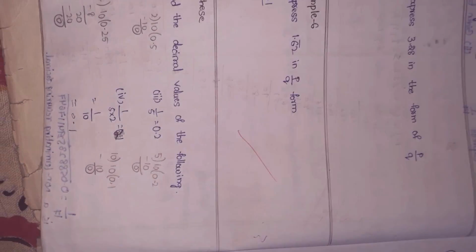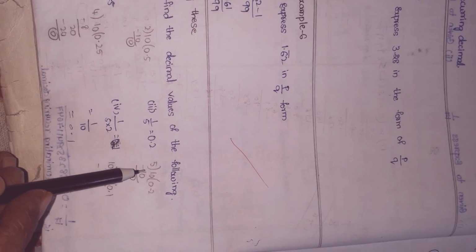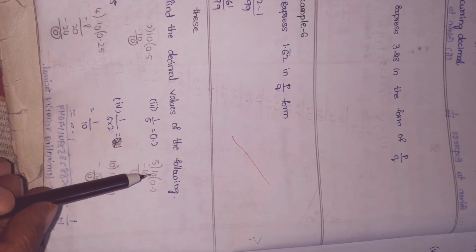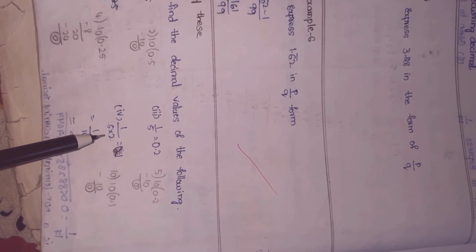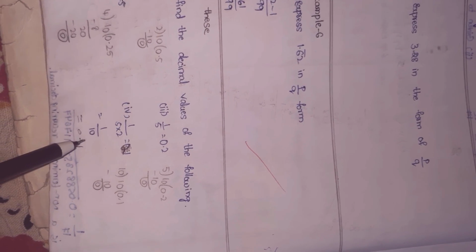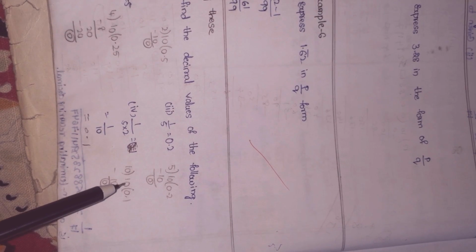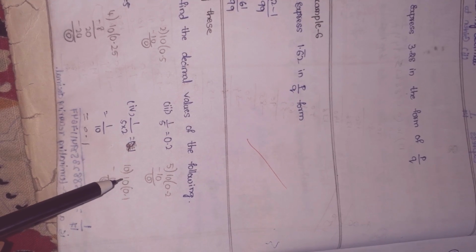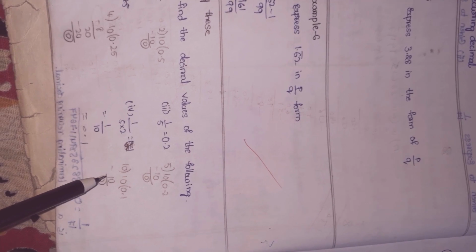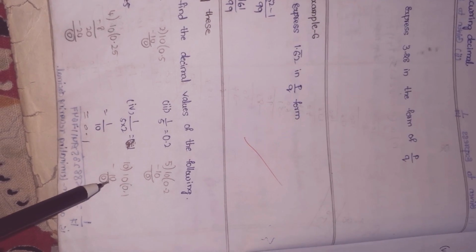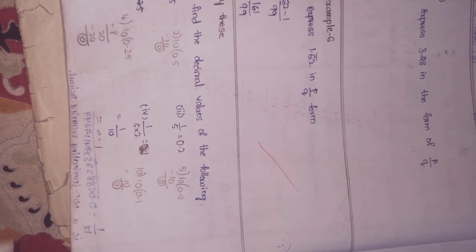So what is the solution, children? 0.25. Next, 1 by 5, children. In the 5 table, 1 is not possible. Keep the point. It will become 10. So 5 2s are 10. 10 minus 10 is 0, children. Next, 1 by 5 into 2 is given, children. So directly we can write 5 2s are 10, so directly we can write 0.1. Otherwise we can do division like this. 10, here 1 is not possible, so keep the point. 0 it will become 10. So 10 ones are 10. 10 minus 10 is 0. So directly you can write like this, or you can do division like this, 0.1.